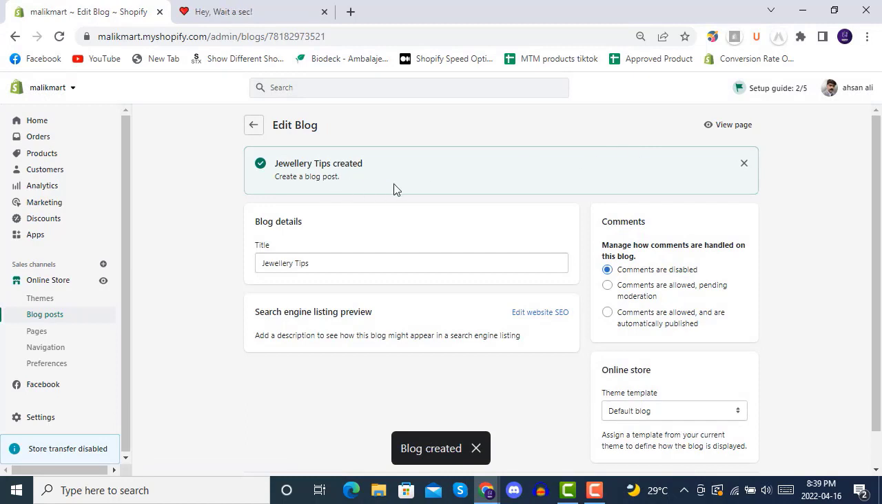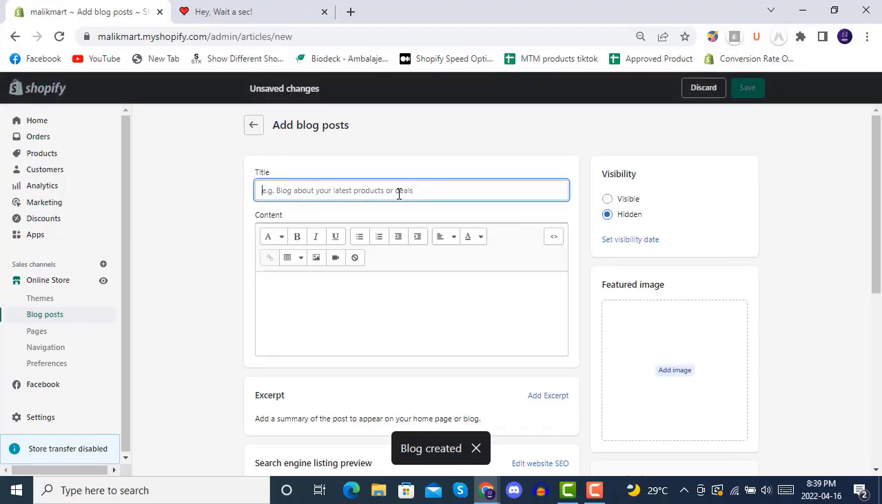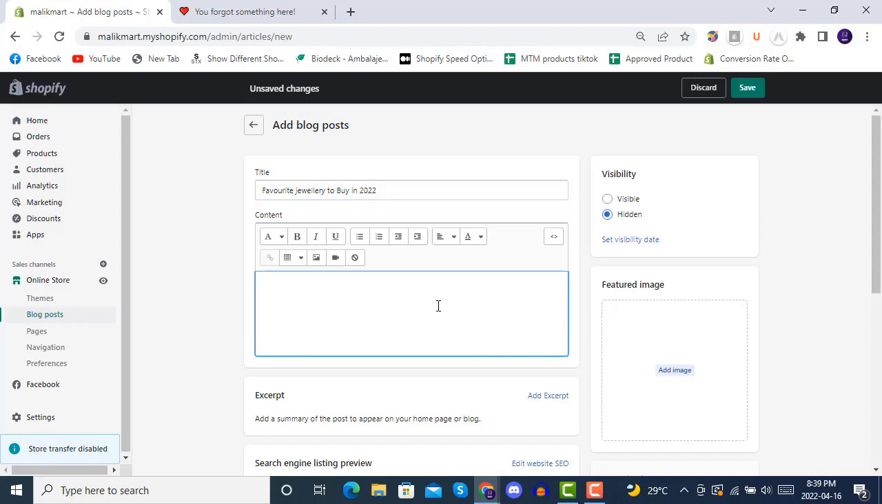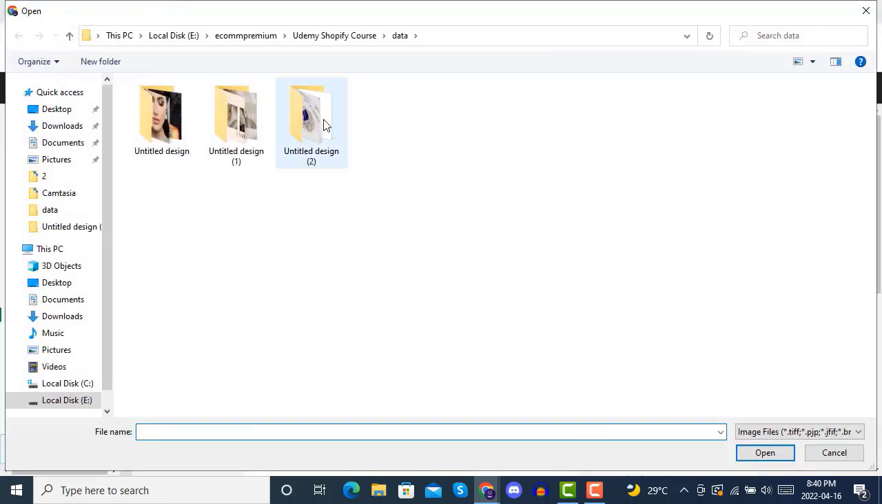Once your blog is created, you can create a blog post. Inside it you can write an SEO optimized title like favorite jewelry to buy in 2022. Welcome to Jewelry HubSpot. So here you can make some feature image for this post